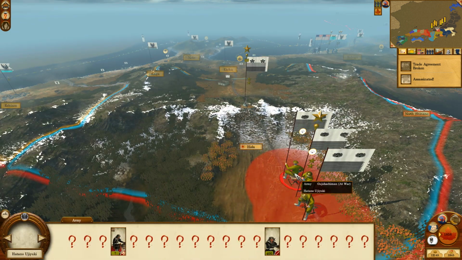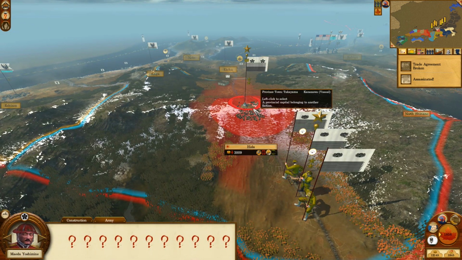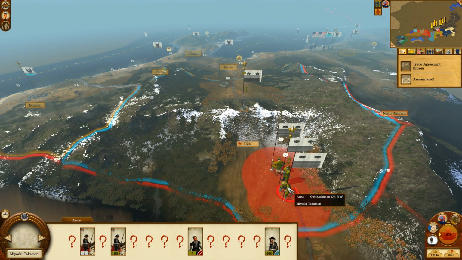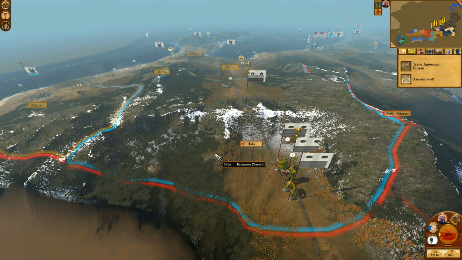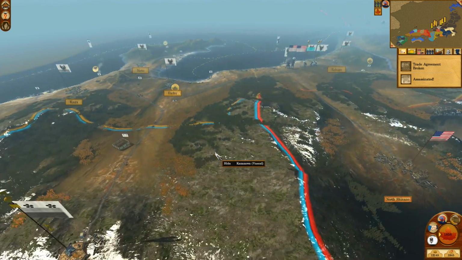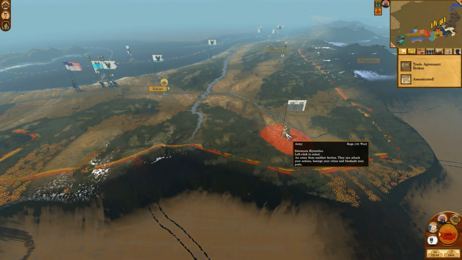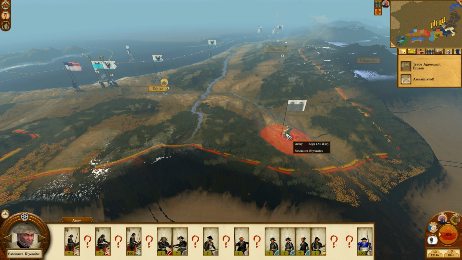Currently there's another attempt against my vassal. Not entirely sure if he'll survive. He's survived so far, but now there's quite a lot coming at him, so I'm not sure he will hold on. At the same time, not only are the Americans going for Echigo, but we've got a traditional force here